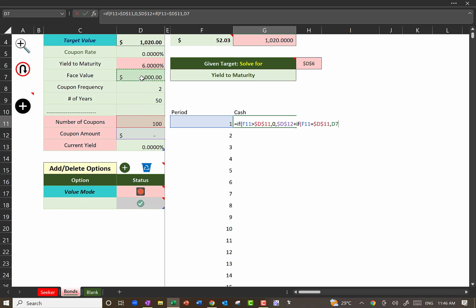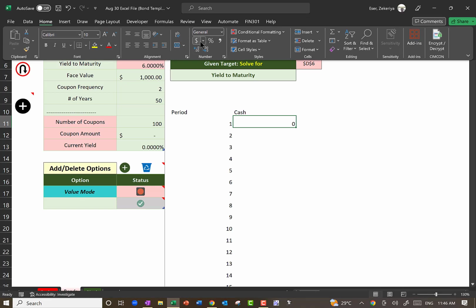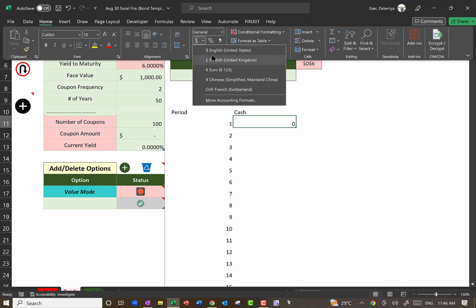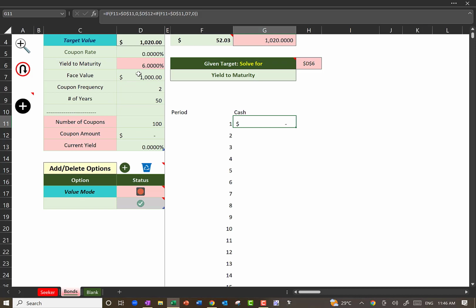I don't know why that's 0. It shouldn't be, but oh, because it's 0 coupon. Let's make this 8%. All right. And let's make this for 2 years. Why didn't we get that? Let's see. Oh,